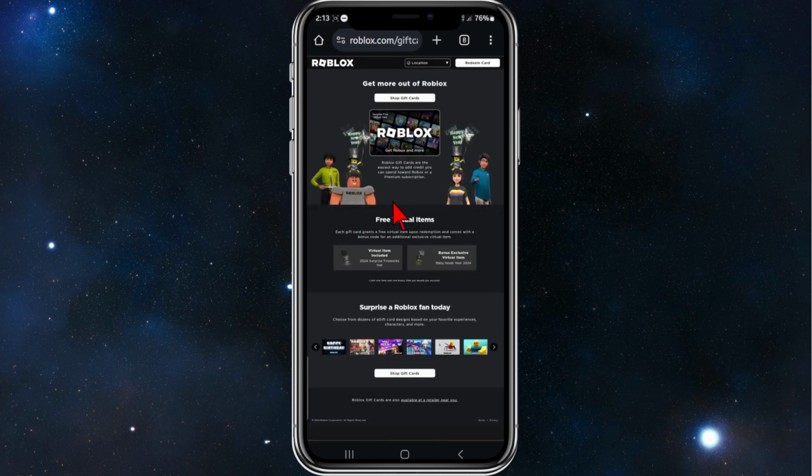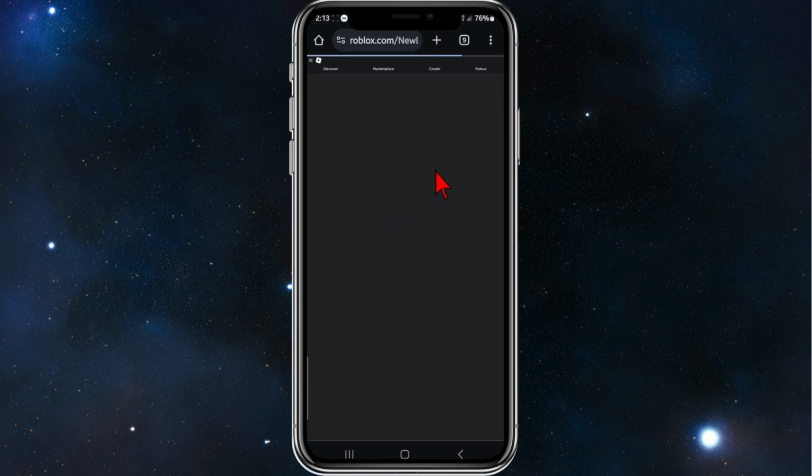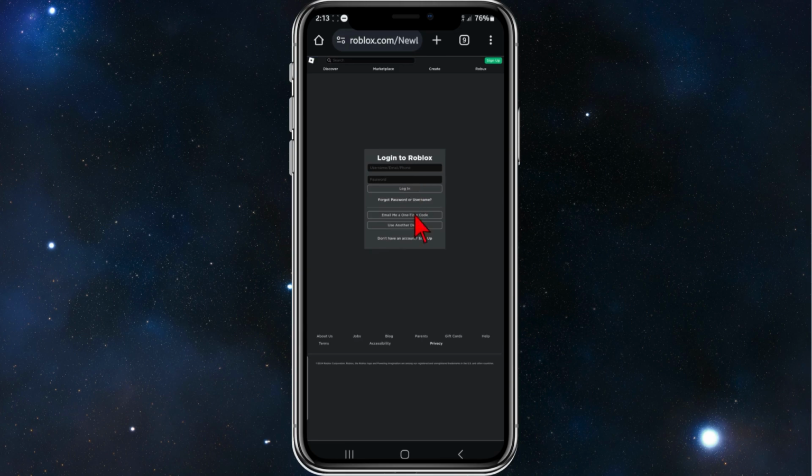And then you'll come to this page, and then in the top right hand corner it should say redeem card, so you want to click into that. It might ask you to log in if you're not, so I need to log in here, so give me a moment to do that. Alright, sign me in,